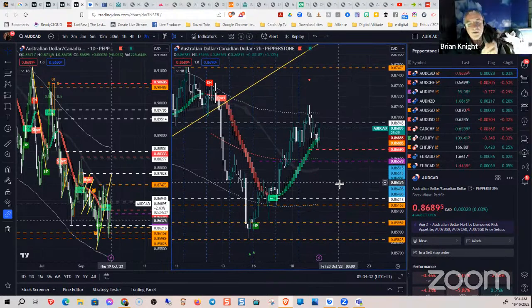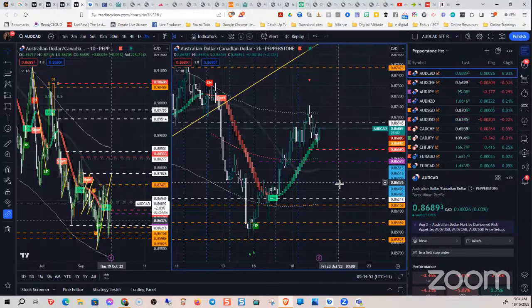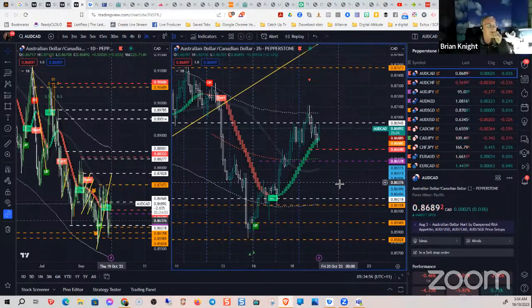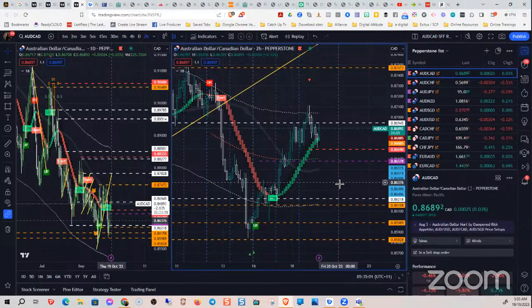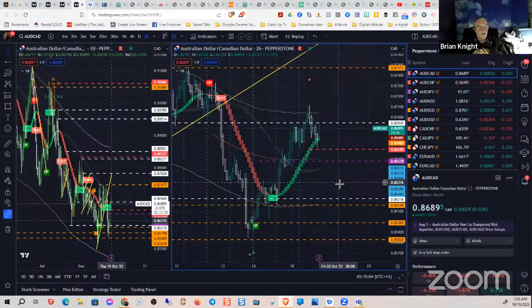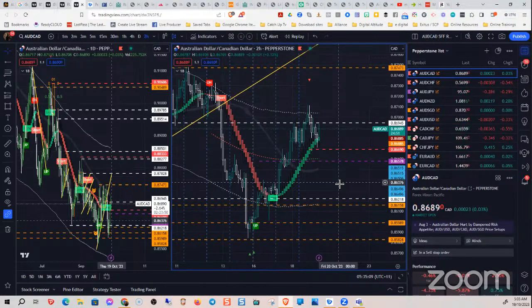No, I don't have a TradingView trading option with Pepperstone. I could get one, but I haven't done it as yet. Maybe I should just do that, even get a demo one and see how I go. Yeah, I can't get that button to work. Oh, so there is a reversal button on TradingView, but you can't get it to work. Oh, well, that's a bit annoying. Yeah, very annoying.